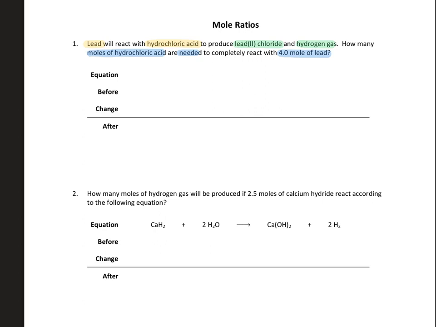I'm going to start out by writing out our balanced chemical equation. So we're going to start with our lead and hydrochloric acid, which we would actually name as hydrogen chloride, which is going to be HCl. And that's going to react to give us lead 2 chloride, so that means lead with a +2 charge. Chlorine with a -1 charge means it's going to be PbCl2, and then hydrogen gas, which is one of our